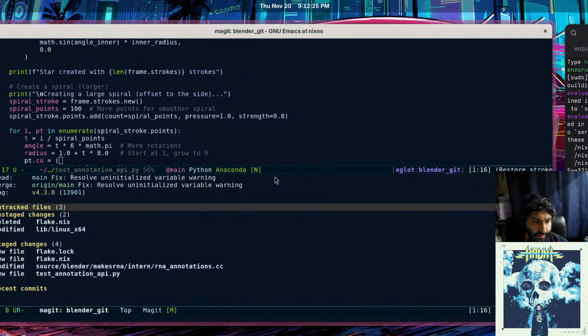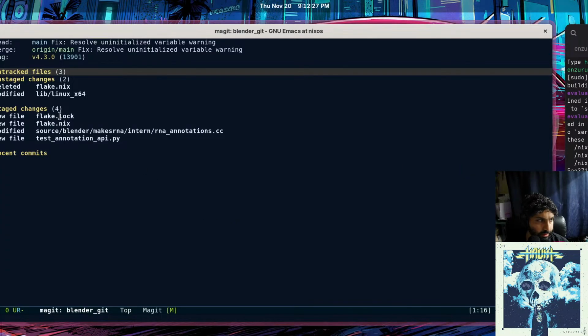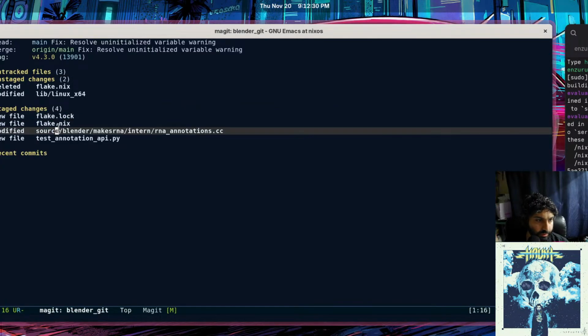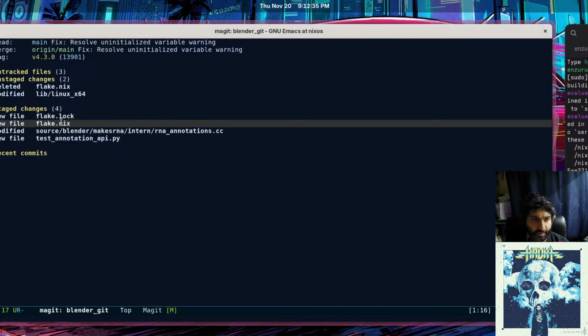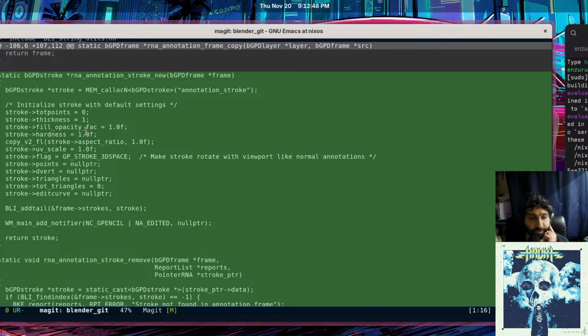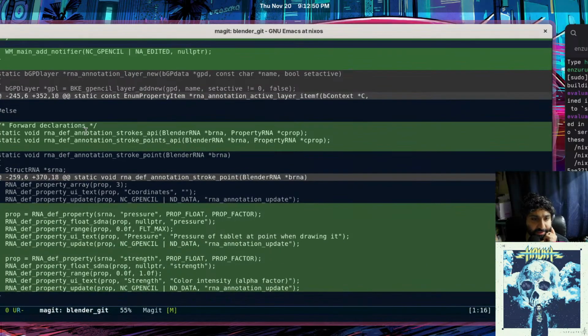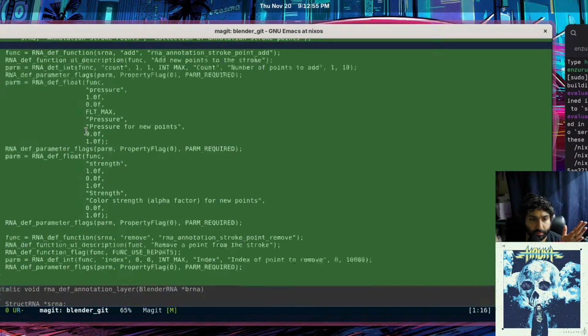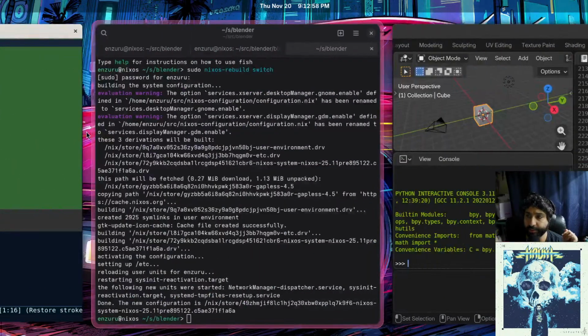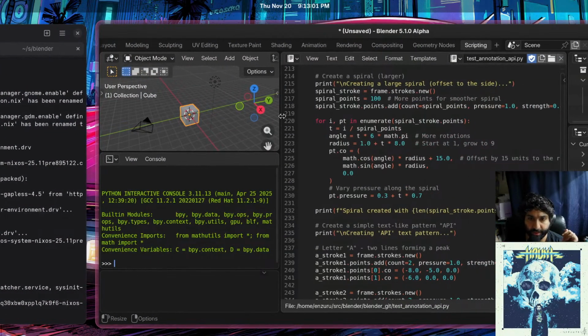Alrighty, so let's go ahead and use Magit, and we're gonna see what are the state changes. So as you can see here, these are my Nix flake changes. We're not gonna commit these. These are just so I can have a Nix environment where I can type in nix develop and all the Blender environment is set up for me to build and run Blender. So interestingly enough, yesterday, almost everything was created in a single file. So what we're really going to do is review that this all makes sense in the context of Blender. And just to pull this up again,